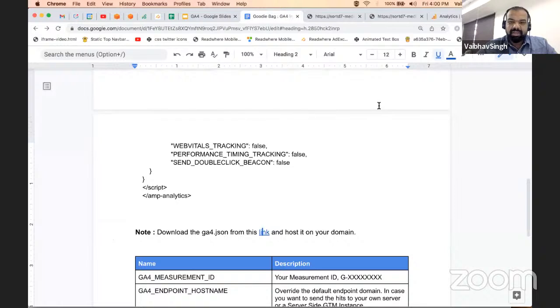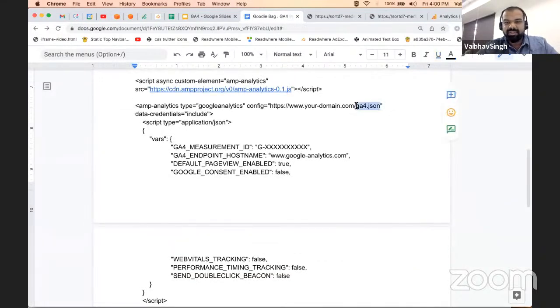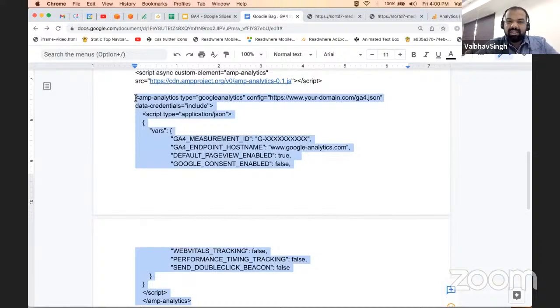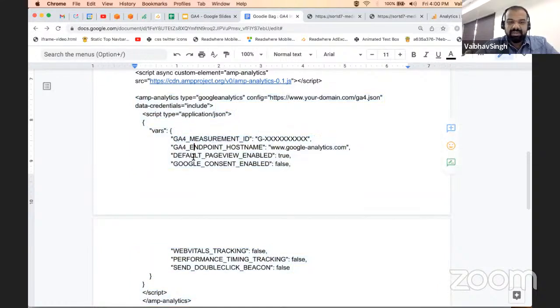So you just need to host this JSON on your GA4.json, similarly to how you host ads.txt or any root files, and give the path here. And inside that path, you could add the AMP Analytics code. With this, we would be able to get the traffic or the required details which we have fulfilled inside this particular metric. This variable listing is not just limited to the 7 or 8 features listed here. You could explore and add more variables to it, based on what particular events you want to track on your AMP pages.